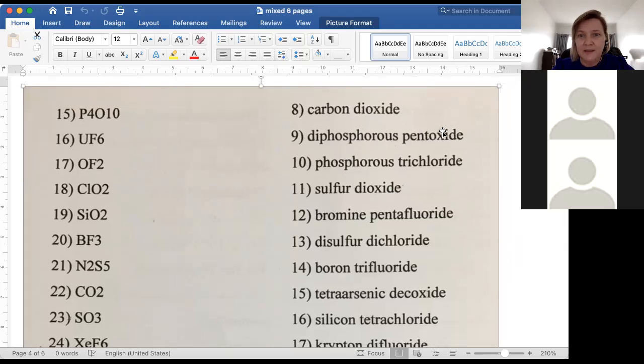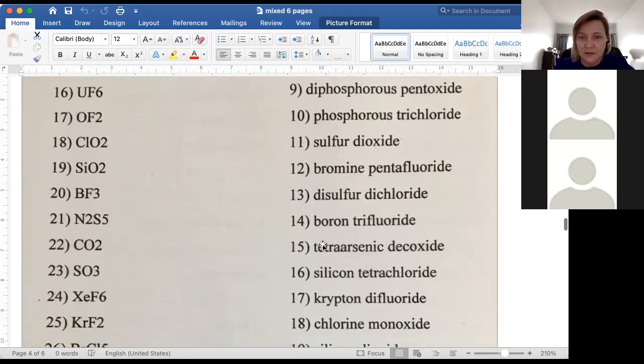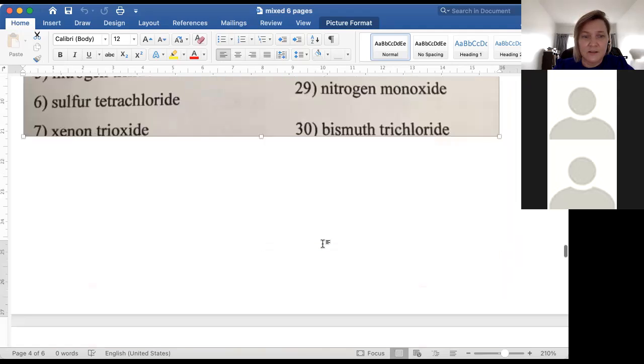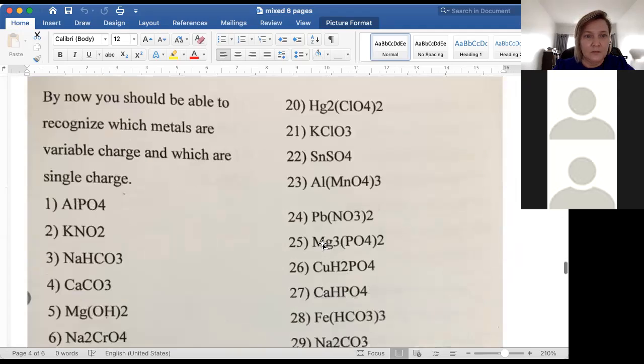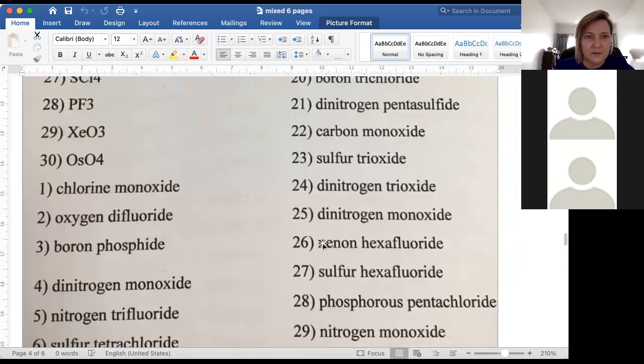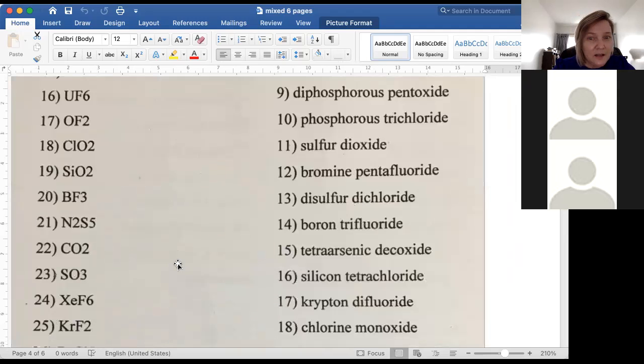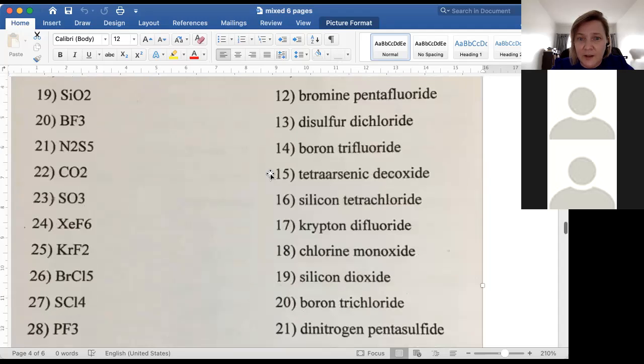Diphosphorus pentoxide, P2O5. And let's go to some formulas. Wait, are formulas just names? I guess so. All right. How about you do numbers here, 15 to 20. 15 to 20. I'm going to go find